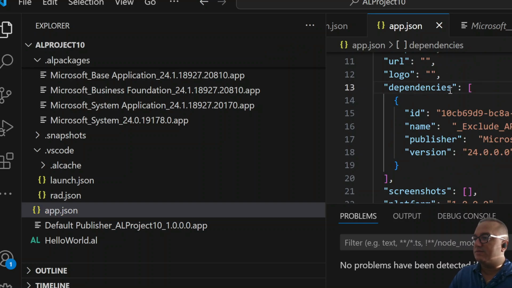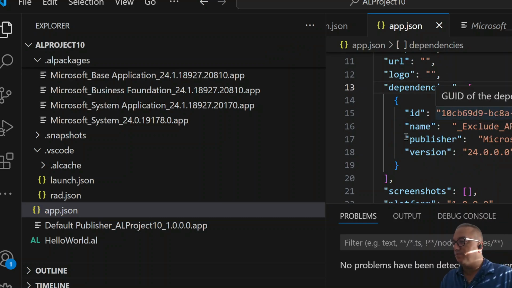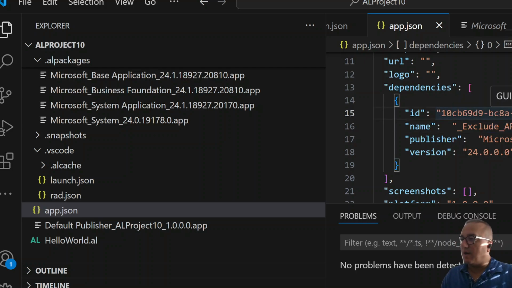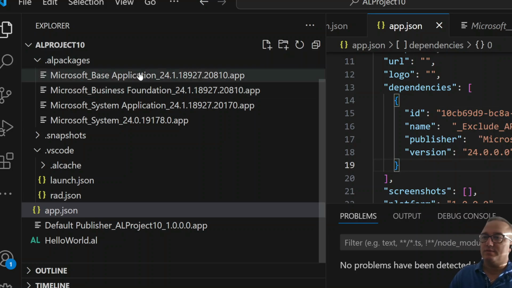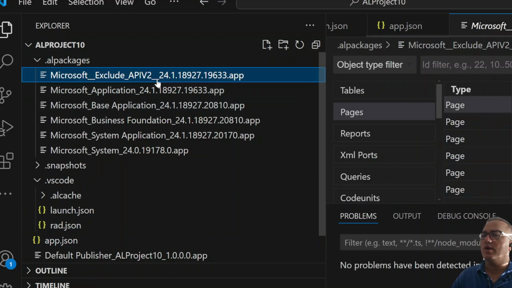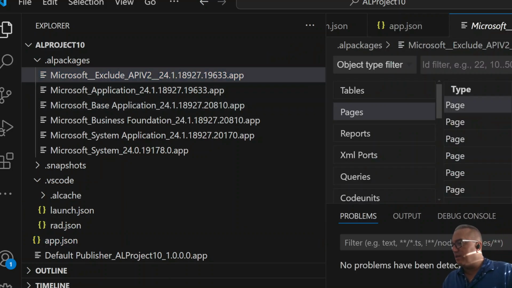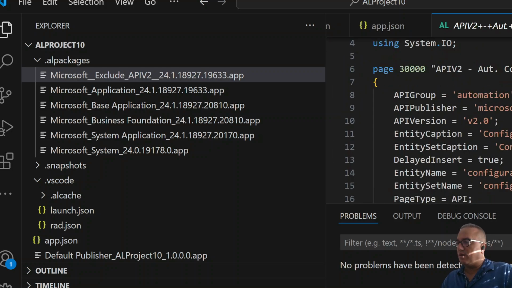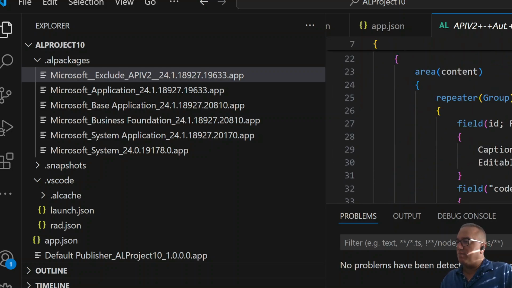Into the dependencies, I added an entry for API v2, and I pasted this app ID here, and that's how you get it in your extension. And then you can have a look at the code, and maybe